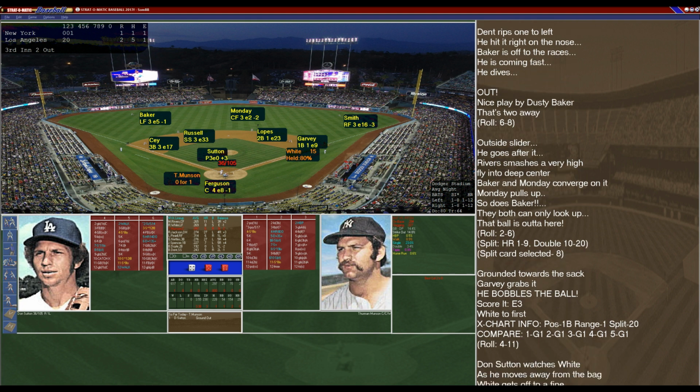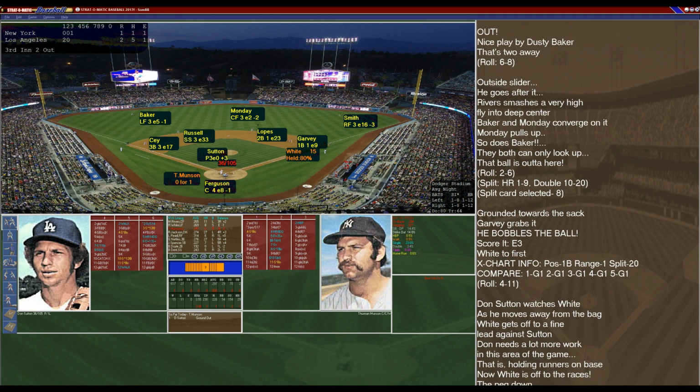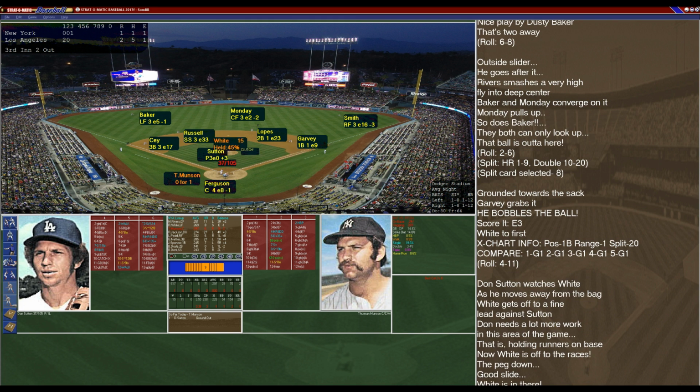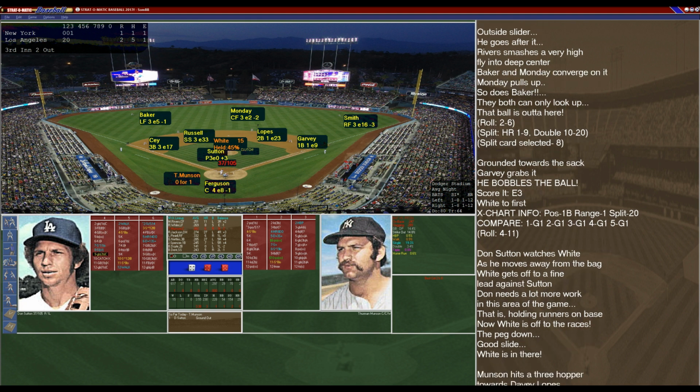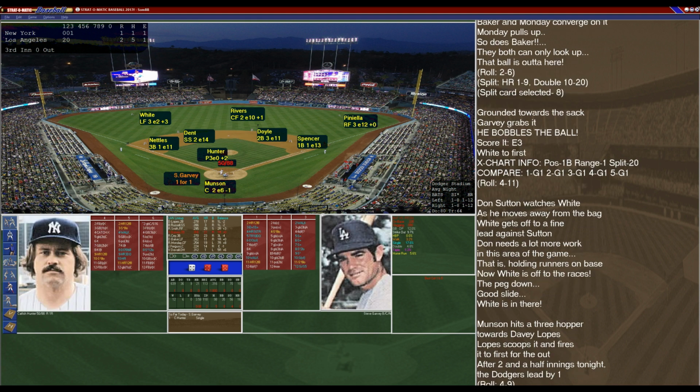So Munson up to the plate now. Grounded out in his first at-bat. White trying to get a lead. And he is going to go, and he'll swipe second. So Yankees running early here. Ferguson, their second stolen base. So Munson can tie it with a base hit now. And we'll ground this one to second. Lopes has it, though, over to Garvey to end the inning. But the Yankees score 1 on the solo homer by Rivers, and it's 2-1 now as we head to the